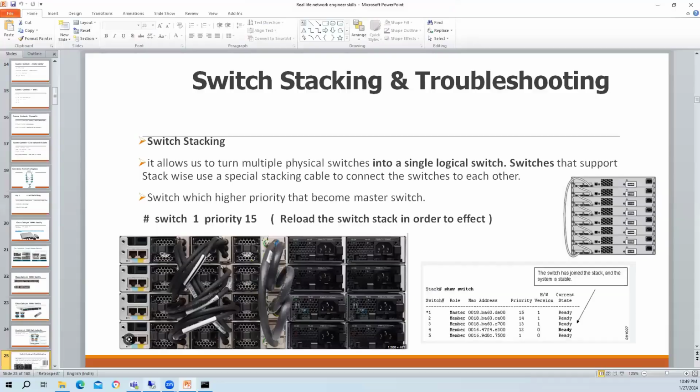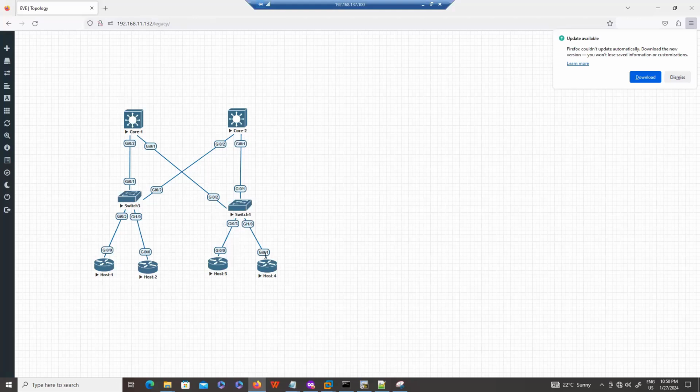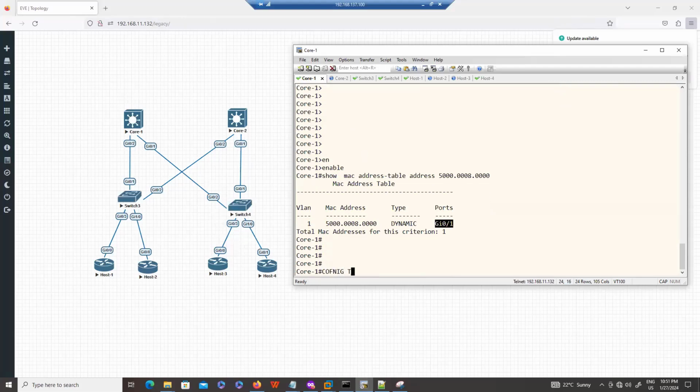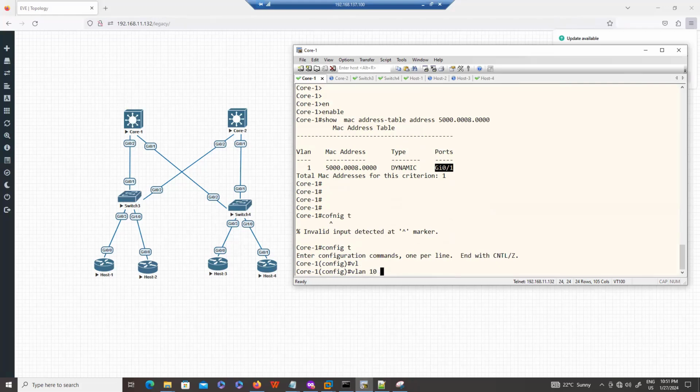In this diagram, I want to create a VLAN and assign this end machine to the VLAN. So first, obviously, you need to create the VLAN on all the switches, and I'll tell you the reason why. Let's say on this core I am creating VLAN 10. It's up to you. If you want to create multiple VLANs together, you can use a dash value, let's say 10-20. This command creates VLAN 10 to 20.